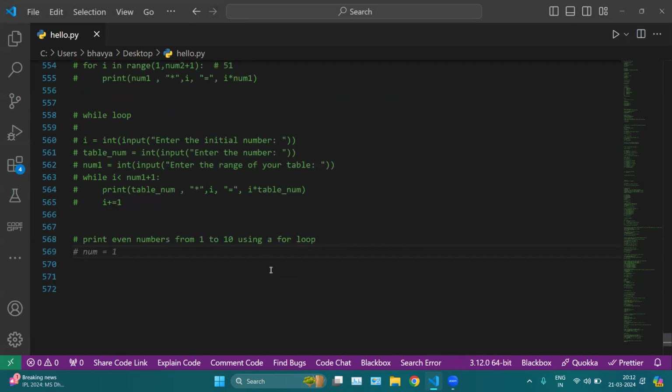So here we have: print even numbers from 1 to 10 using a for loop. How do we print only even numbers? For example, if we have numbers from 1 to 10, then we want 2, 4, 6, 8, and also 10. So let me mention including 10 here. Basically, we can use an if else statement, like an if statement inside the for loop, or